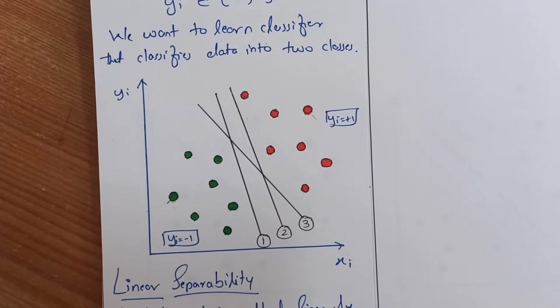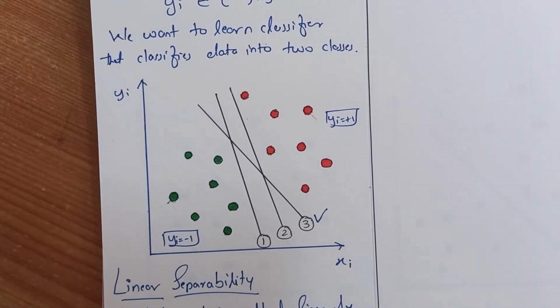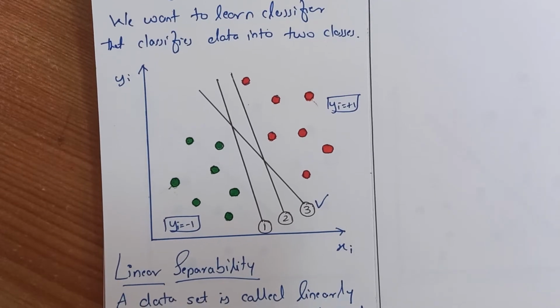But what's the role of SVM here? You can see that there are three lines here. Can you tell me which is the perfect line? After looking at the graph carefully, you will suggest that the third one is the perfect line. Of course, SVM also does the same task for you. It gives you the best equation of the line, which separates this data into two different classes. It comes up with the best solution, and how it does we'll see in a while.